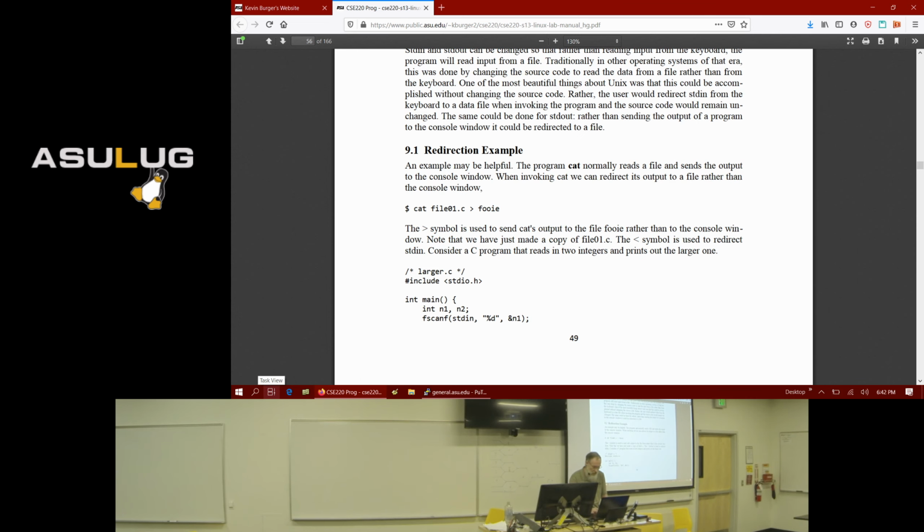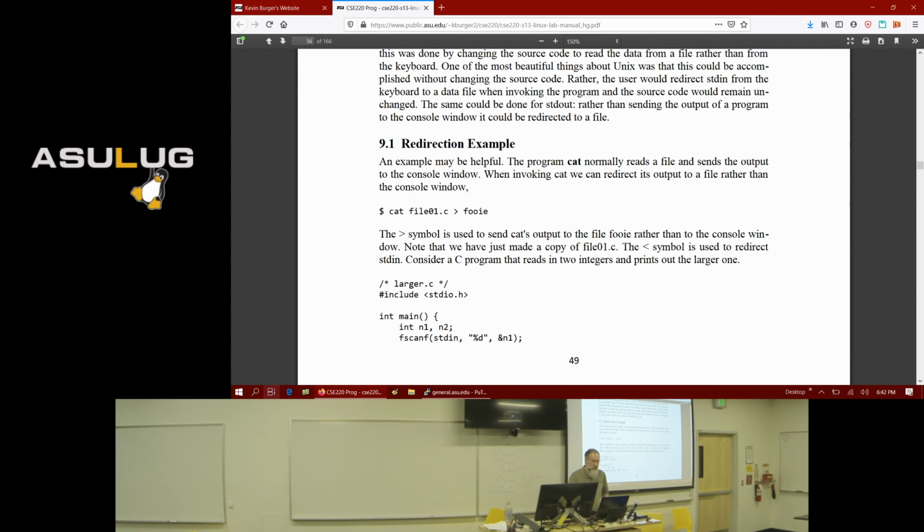Echo is a bash command that sends the string that you print to standard out. So if you're running a bash script, echo is kind of like printf or cout. Okay. To redirect the output from a program, you can use a greater than symbol.